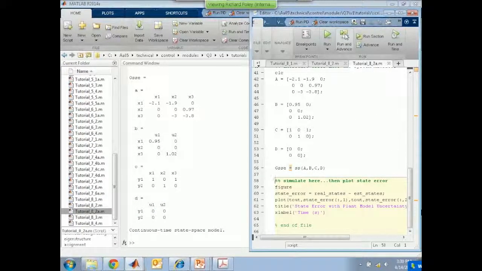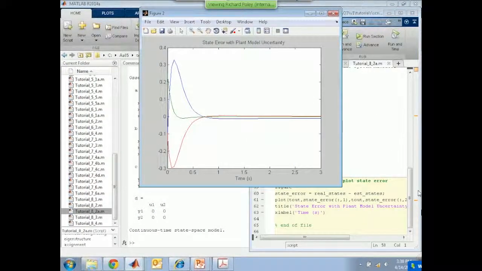And when we plot the results, we'll find that the convergence is the same as before because the eigenvalues are where they need to be, but there is a steady state error, and that error is because we've got imperfect knowledge of the system matrices. So this feedback gets rid of initial condition error, but it doesn't compensate for errors in our knowledge of the system matrices. Okay?